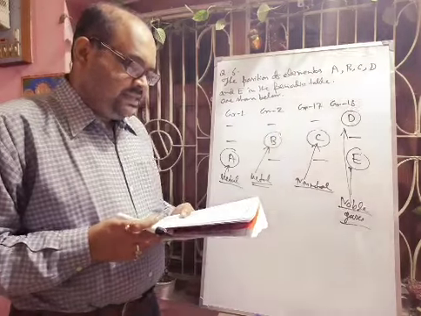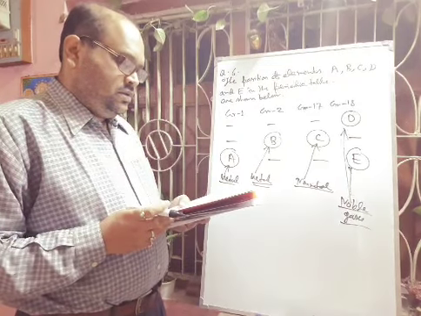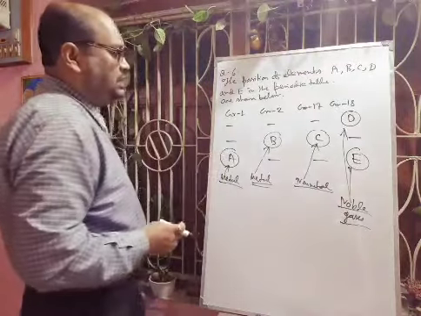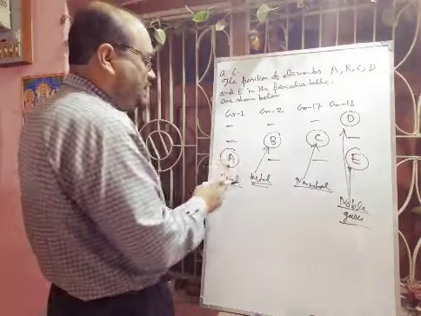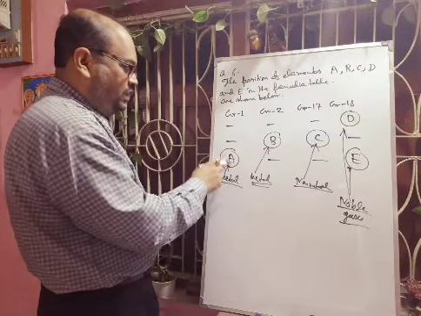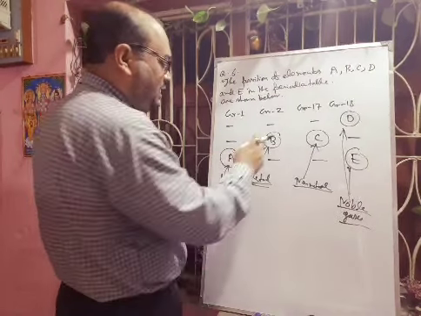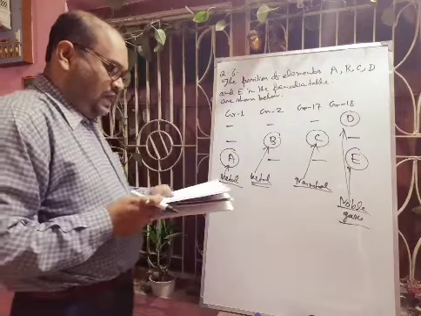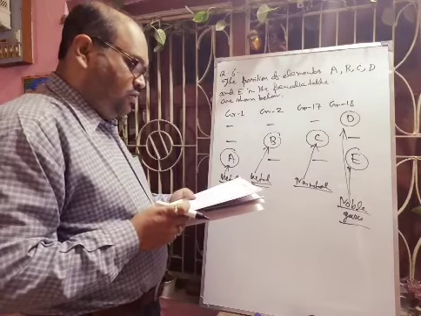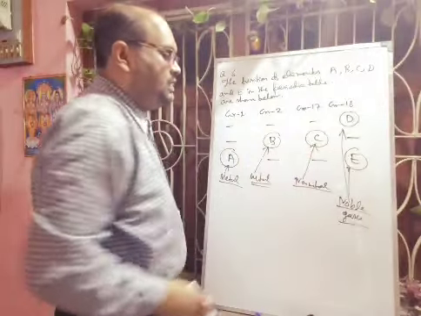The next question is given: state which is the most reactive metal and non-metal. So definitely A will be the most reactive, as it is in the lower position in the group. These are the alkali metals, and B is the alkaline earth metal, which will be less reactive, so A will be more reactive. Another question is the most reactive non-metal. Definitely the halogen will be the most reactive non-metal. So C will be the most reactive non-metal.